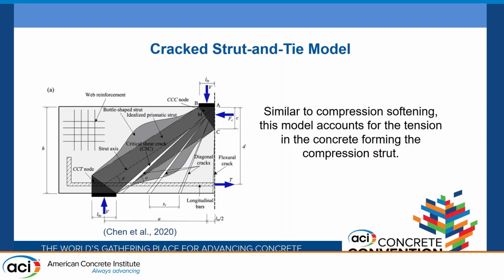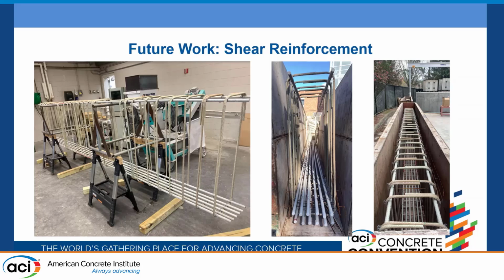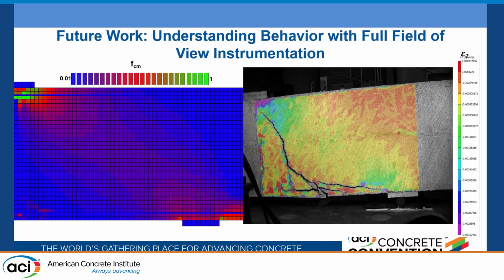So that brings us to some future work. So obviously there needs to be some more experimental tests done, including shear reinforcement. So these are some beams that I have built and tested with glass fiber reinforced polymer bars with stirrups distributed through the shear span. And we have tested some of these and have a few more left to test. And we are instrumenting them with full field of view DIC in order to